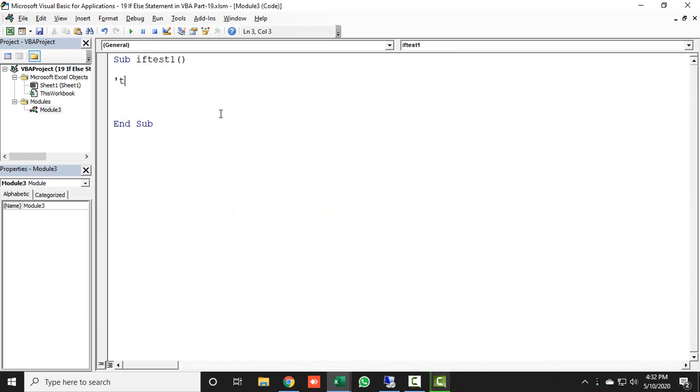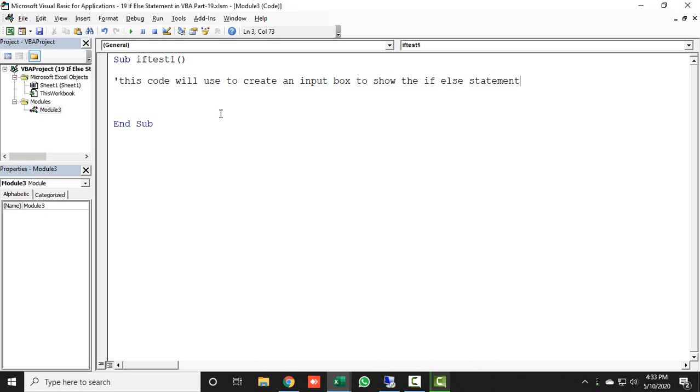So this code will be used to create an input box to show the if else statement.